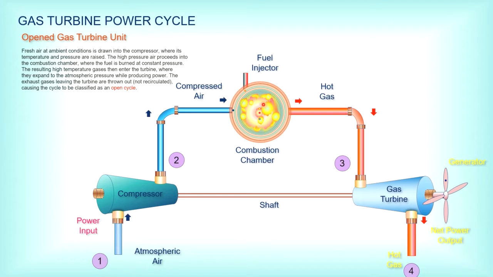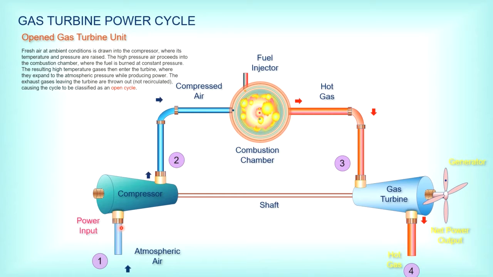The ignition will take place, and hence it produces hot gases. So you see, inlet is air, outlet is gas. So you cannot mix this and send it back or redirect it back to the compressor, where the compressor only takes in fresh air